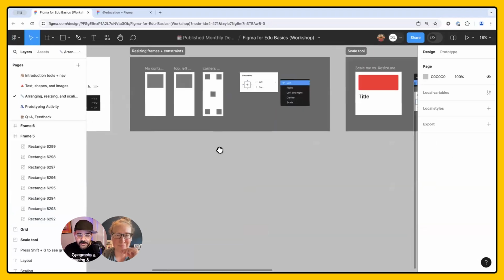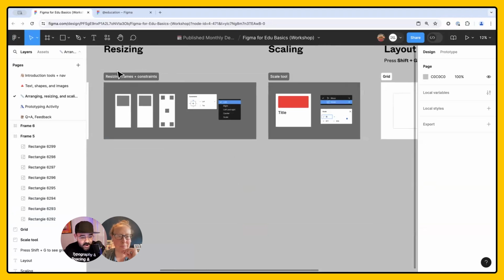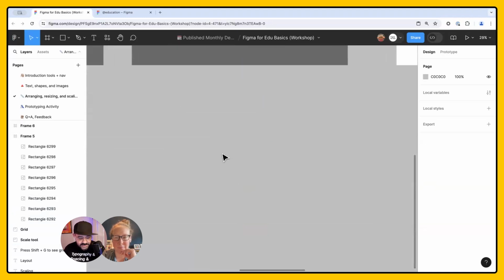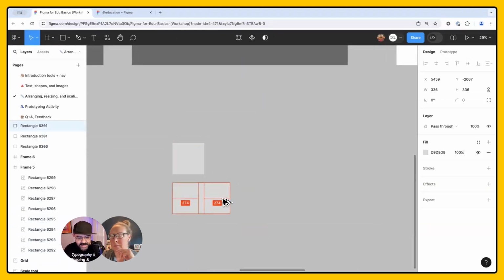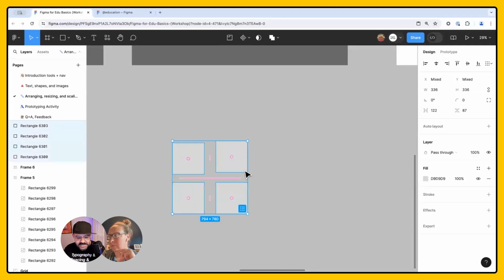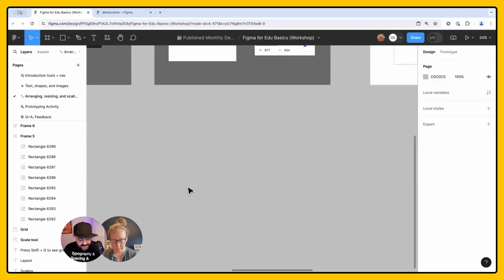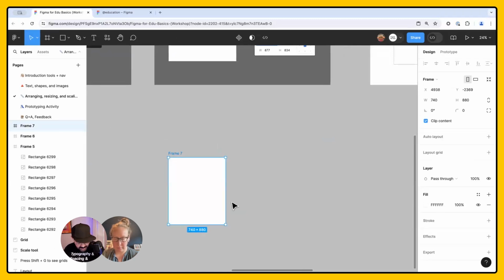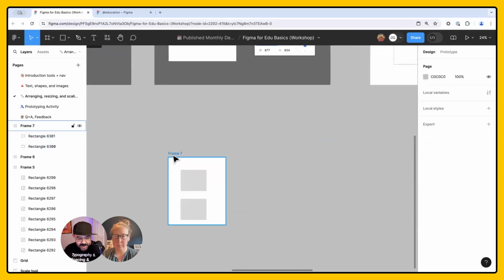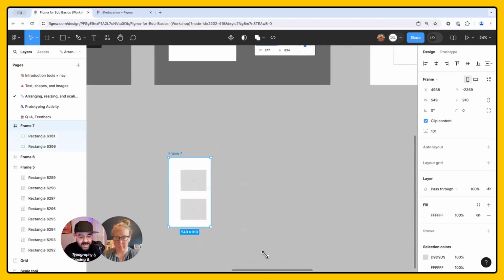Okay, so we kind of already talked about resizing and scaling. So scaling, you have a couple objects and you don't want to just resize the bounding box of the text. With the frame, if I have objects inside of the frame, when I resize the frame, I'm just resizing the frame itself.